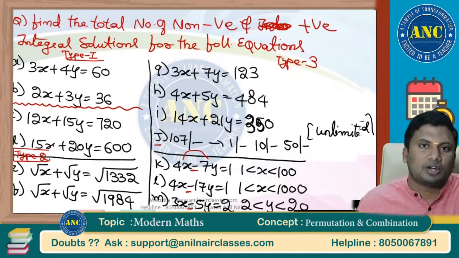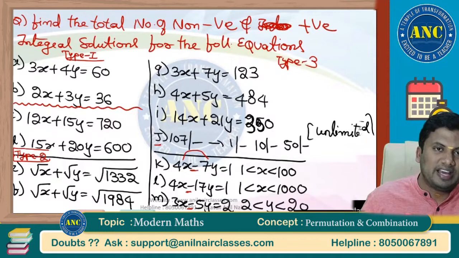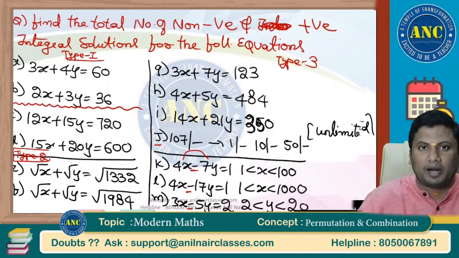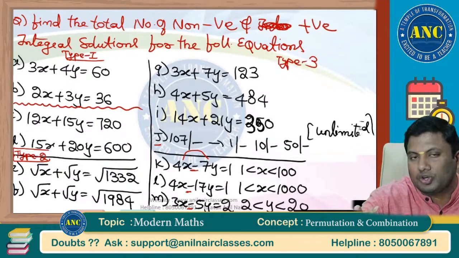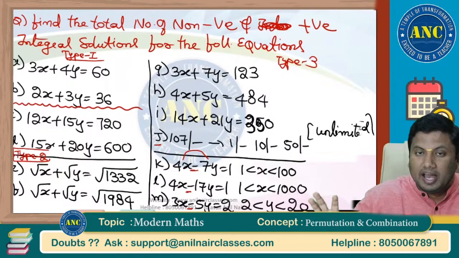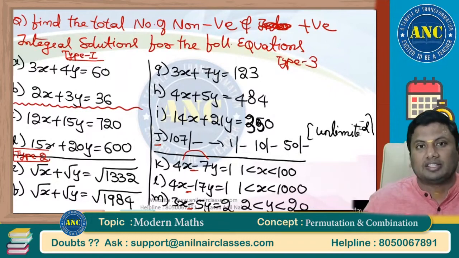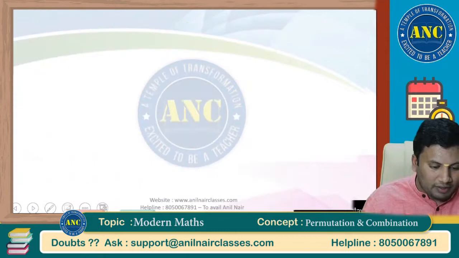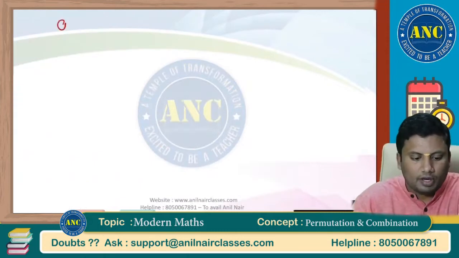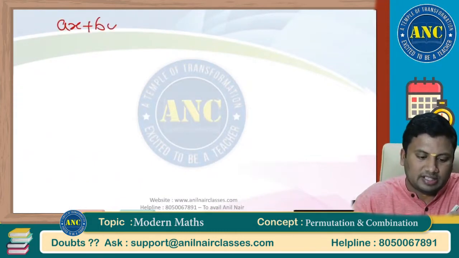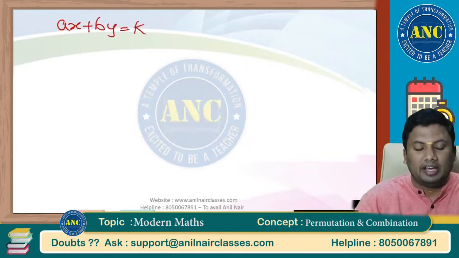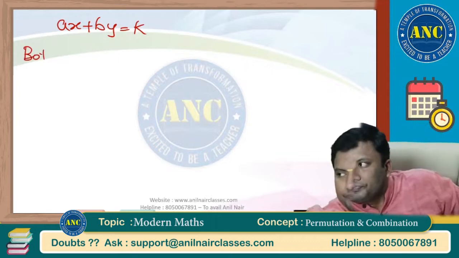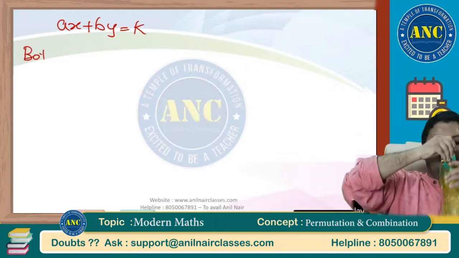Any student who is not attending today's class may take 3 minutes to solve a problem, while you will take hardly 10 seconds, if you watch the class with utmost attention and complete a 100 percent analysis of when to use which concept. Now please write down whatever we discussed. What are the concepts that we discussed? Ax plus by equivalent to k. What are the cases? Both a, b.